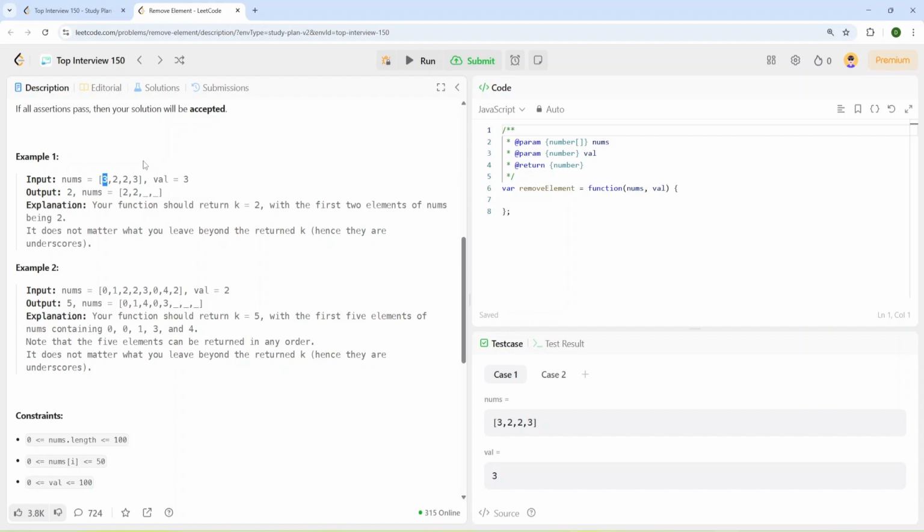So the first pointer is left, and it equals val, and then I'll place the last element of the array in this first position. Then we'll check again the first element, and it equals our val, and we will move one step back, and we'll place this 2 in the first position instead of 3.